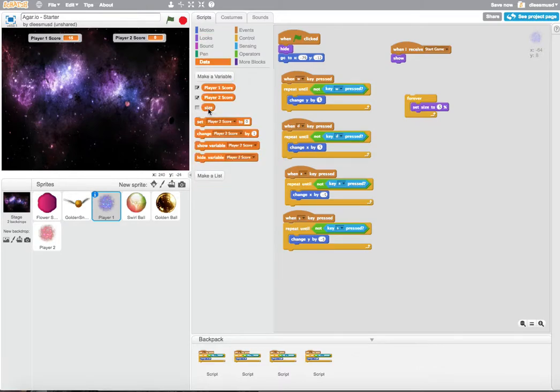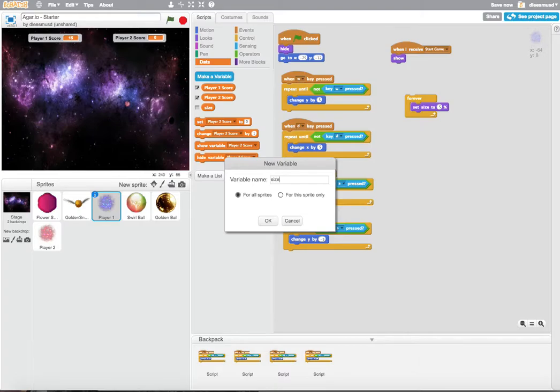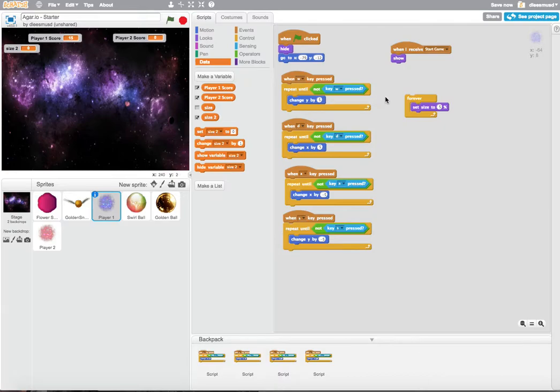So here we have a size variable that's going to be for player 1, and maybe I could say here size 2 for player 2, right? And in the beginning,